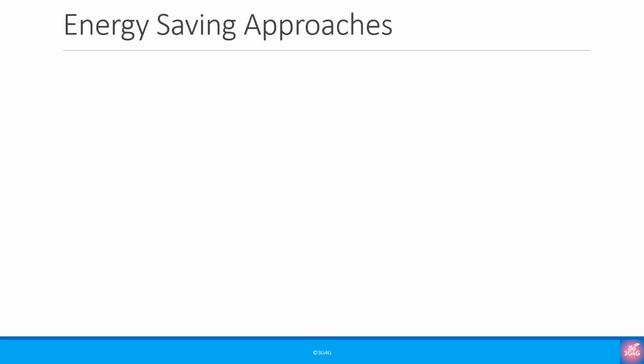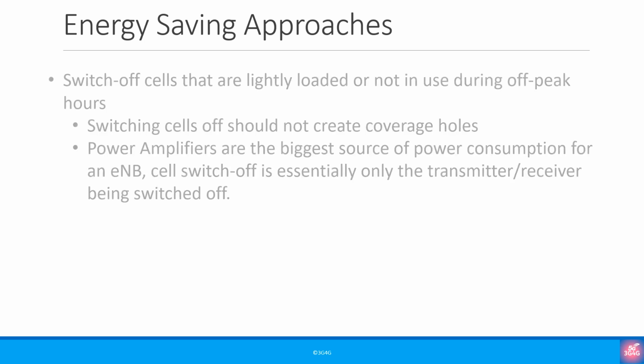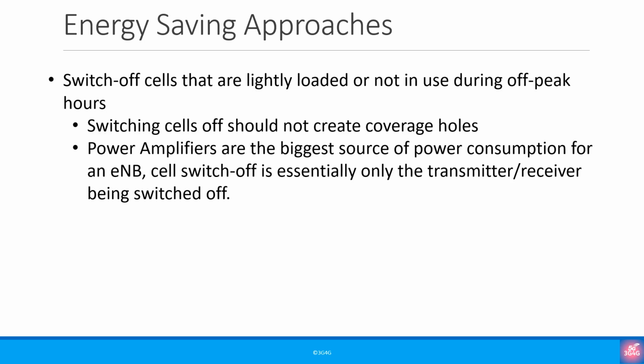Let us look at some energy saving approaches. The first approach is to switch off cells that are lightly loaded or not in use during off-peak hours. The main thing to remember here is that switching cells off should not create any coverage holes. Power amplifiers are the biggest source of power consumption for an eNode B. Cell switch off is essentially only the transmitter receiver being switched off, so it can be activated at a very